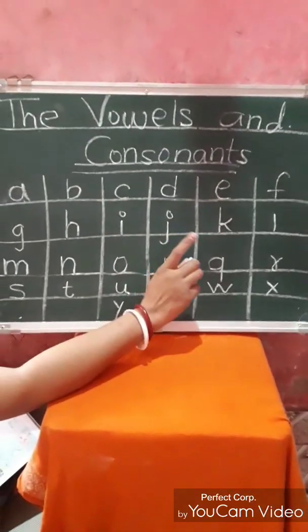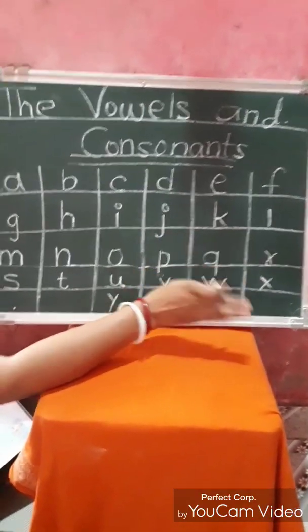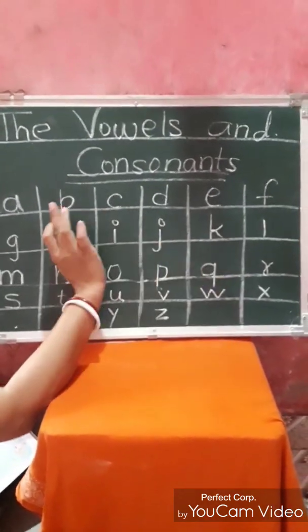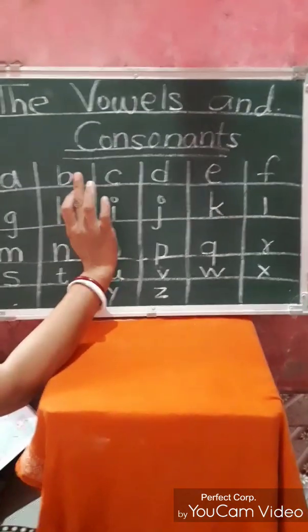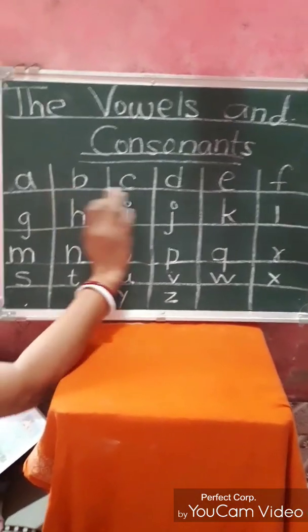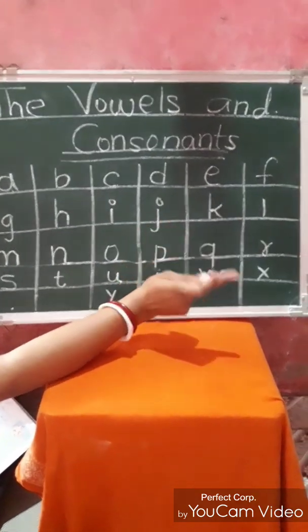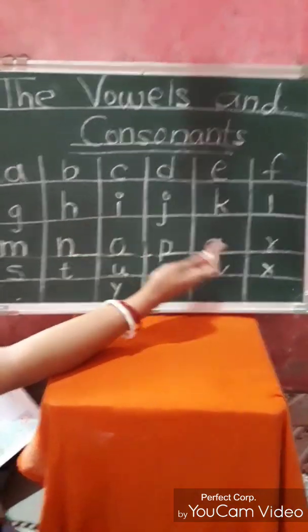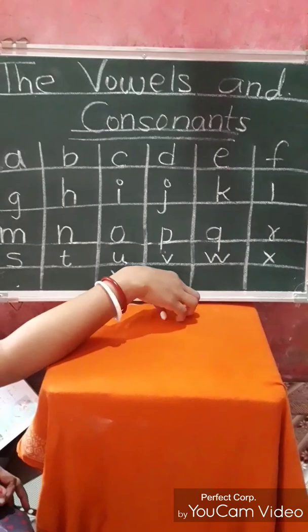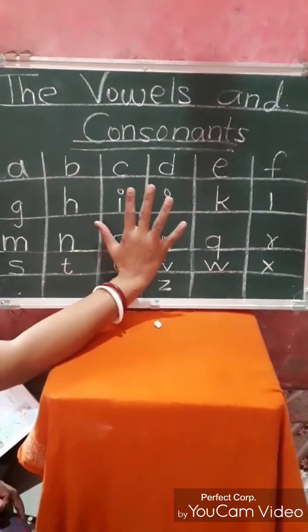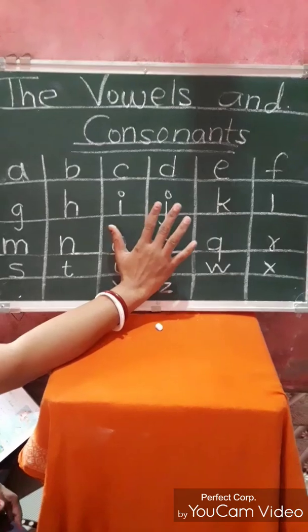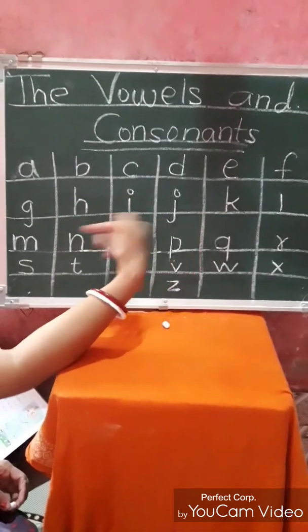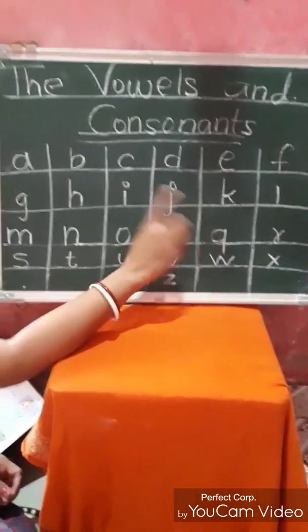In the first step we tried to clear our concept about the alphabet. In the second step we tried to clear our concept about the alphabetical order. Now in the third step we are going to clear our concept about the vowels and the consonants. Actually the alphabet has 26 letters. They are in either capital form or small form. Look at the board here, I wrote the small form. Out of these 26 letters, 5 letters are vowels and the remaining 21 letters are consonants. So today we are going to find out the vowel letters among the 26 letters written on the board.